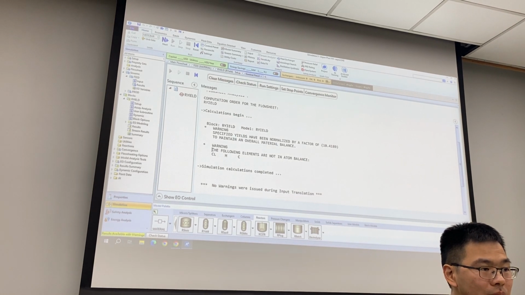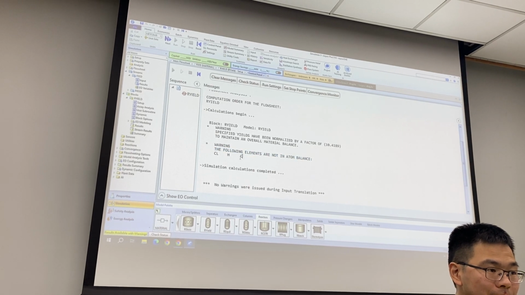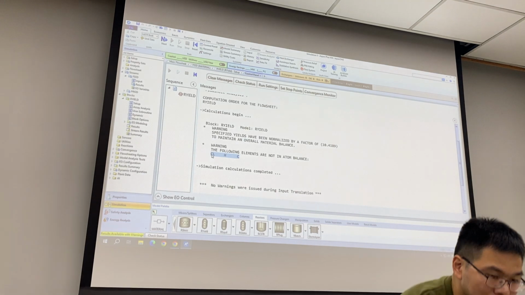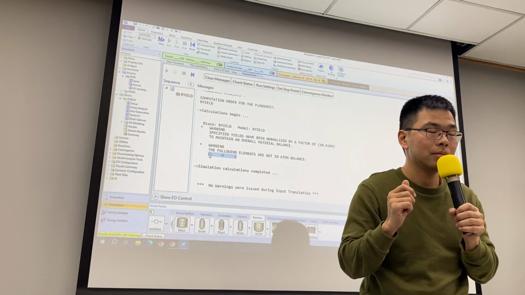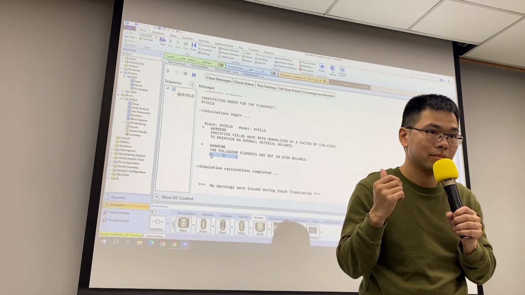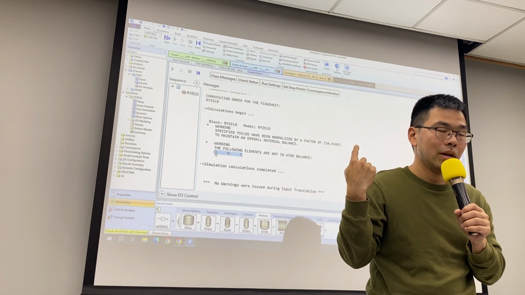It shows you that the elements are not in atom balance. So the conditions we specify may not be adequate. Otherwise, it won't show you such a result. And